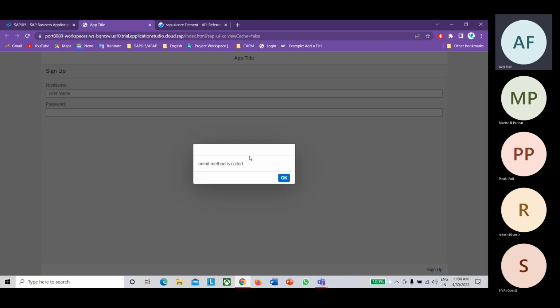Why? Because otherwise the user will need to wait before the details are fetched. So if you don't want the user to wait, you can add that code inside onBeforeRendering, so that it will make sure your user details are fetched before your UI is rendered. Okay, are you getting it?